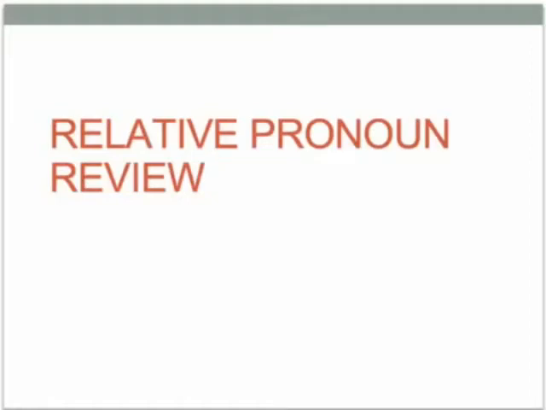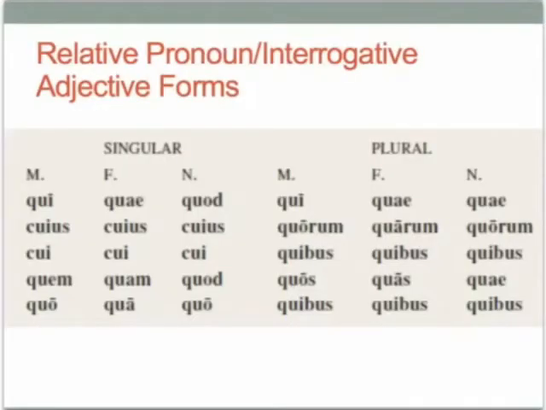In this video, we'll be reviewing the relative pronoun and the interrogative pronoun and interrogative adjective. The relative pronoun, which is used to introduce a relative clause, like the boy who loves the girl is standing there, and the interrogative adjective, which is which boy loves the girl, is declined the same way and has the same forms in Latin. That's qui, quae, quod, and the genitive, remember, is cuius, cuius, cuius, and the dative is